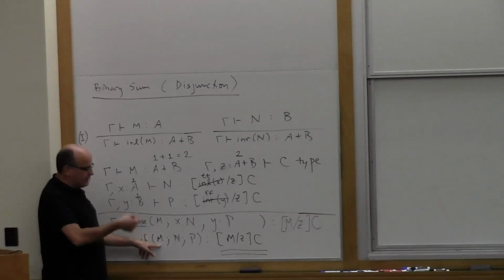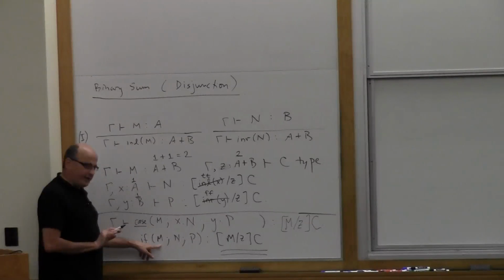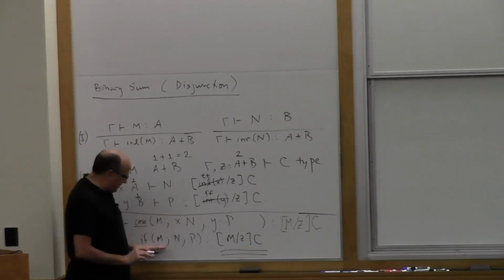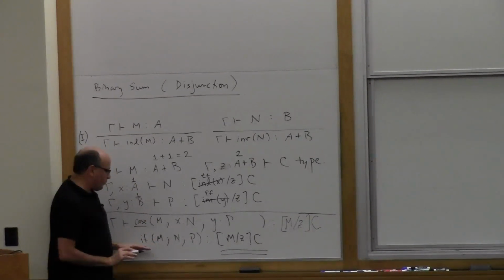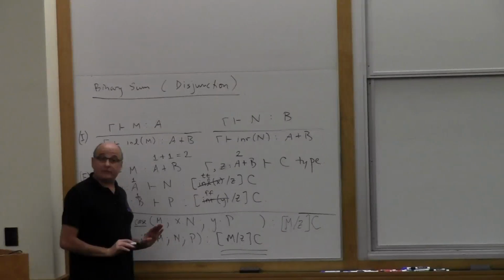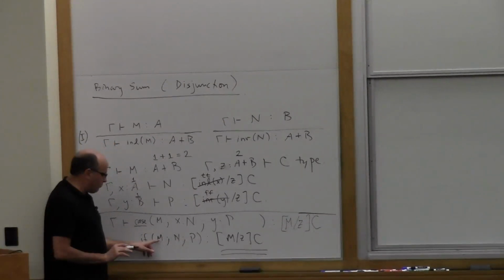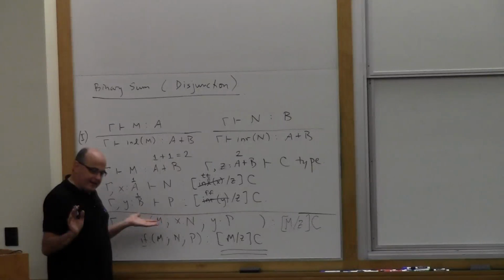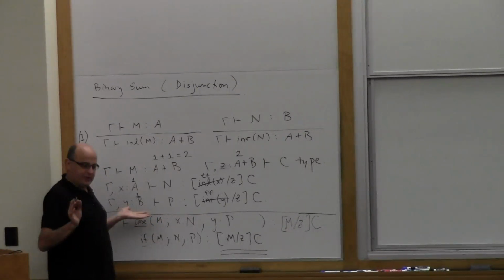So in particular, as we develop ideas further, I don't have all the material I need on the board yet, but as we develop ideas further, this family could itself be a conditional under certain circumstances. So in other words, the type of an if might well be an if. Okay? And what it will do is branch on whether m is true or false and give you a type for n and a type for p,